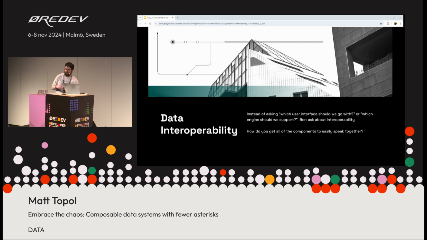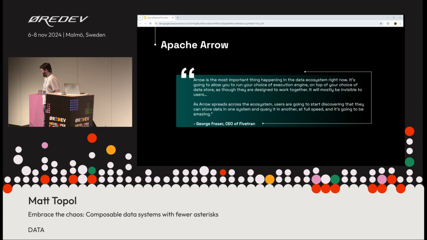And that brings us to, well, what are some existing standards that can be used? Well, I'm glad you asked. So the first one I'm pointing out here is Apache Arrow. Yes, slight plug, because like I said, I'm a PMC member and wrote a book on it. But Arrow itself is seen a lot and spreading across the ecosystem a ton. And the reason why many of you may not have heard of it a lot is because Arrow is very invisible.